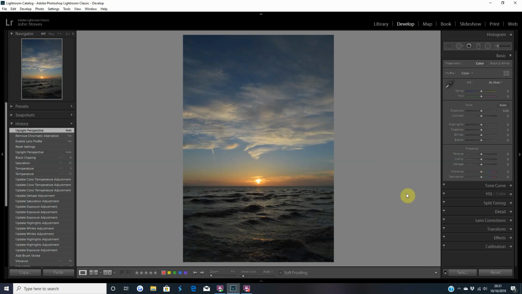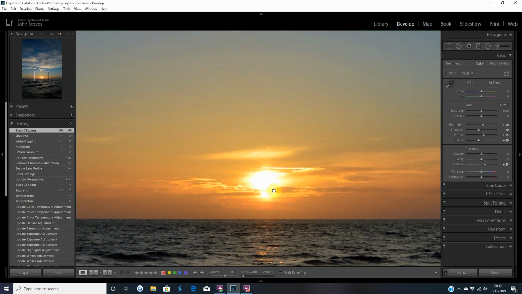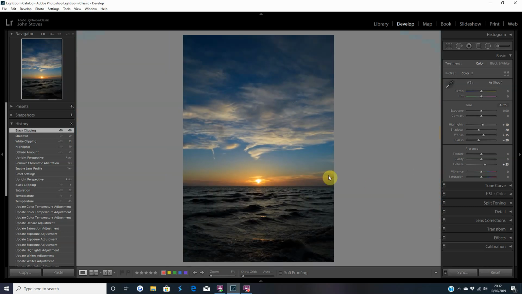Right, firstly I'm going to dehaze it a little bit and then put the highlights up, bring the whites up a bit to get some of the clouds a bit more colourful, drop the shadows and drop the blacks. Now when you look at this bit in the middle, if you were to print this, because this is more white than anything else, it wouldn't print very well. So best thing you can do,